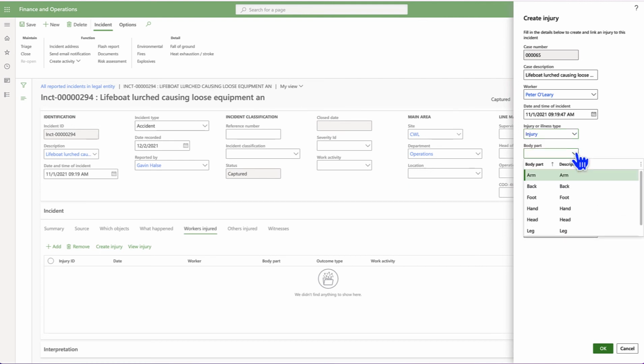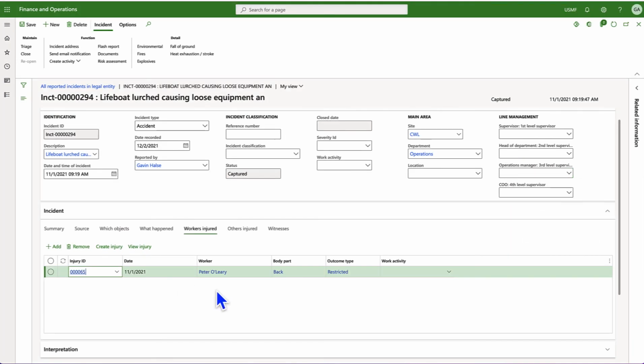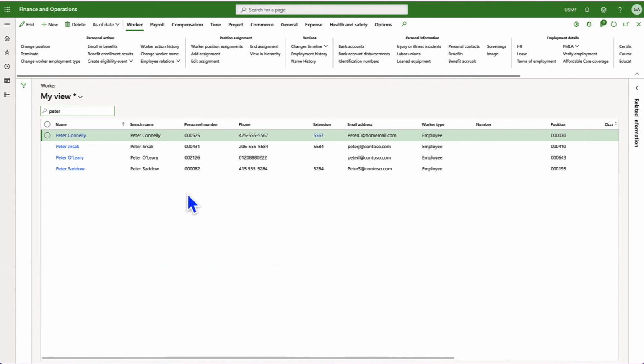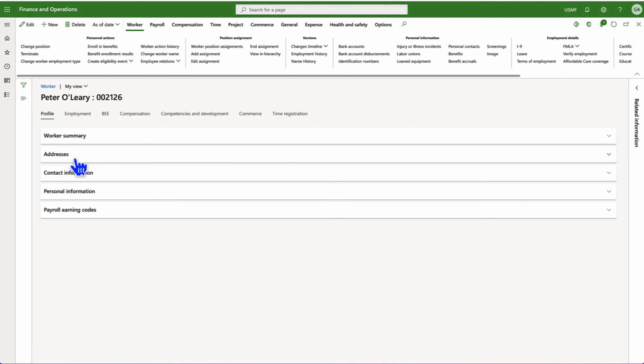On the body part, this is now his back problems again, and the outcome type is that we need to restrict his work, and the information is then recorded against that particular incident. Now that our incident has been recorded, I just want to show you how we would view that injury from Peter's worker record. So again, we look for Peter O'Leary in the list of workers to go to his personal